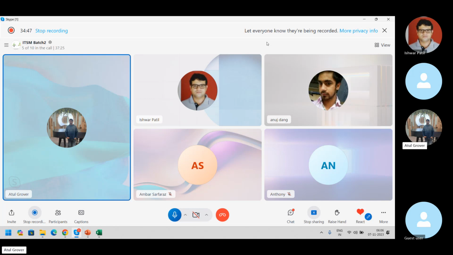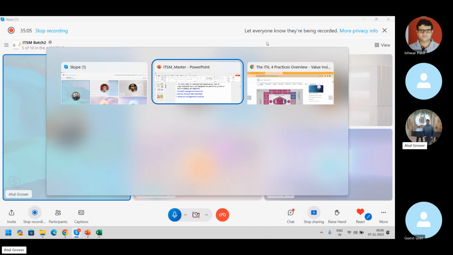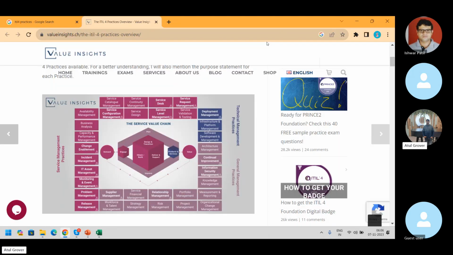Because ITIL V3 was, again, we just see the term called continual improvement. They analyzed and found that these life cycles are a little confusing. Why not club everything in one place and say, this is the thing you have to do? If you see the life cycles, service design, service operation, transition. Under service operation, what we have is incident, problem. These are practices. So maybe they did some research and they removed the upper cap, but the internal things are still there.